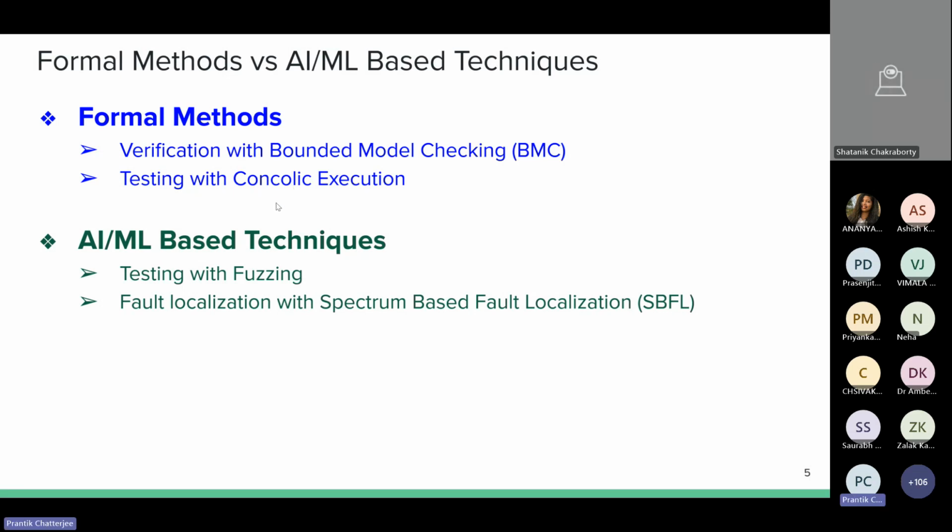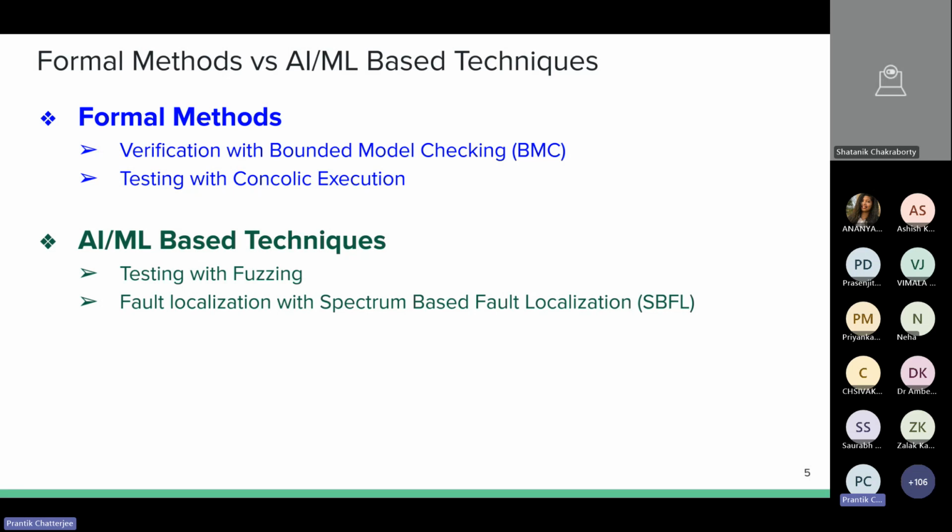And on the contrary, you have these AI or ML-based techniques. So one example of these AI ML-based techniques is called a fuzzer. Fuzzers are also very extensively used by mostly all software-based companies. For example, Google uses this fuzzer called LeafFuzz. And they have, in fact, extensively used these to generate test cases and detect errors in Google Chrome. So as per their report, they had caught around 25,000 bugs in Google Chrome using these fuzzing techniques.